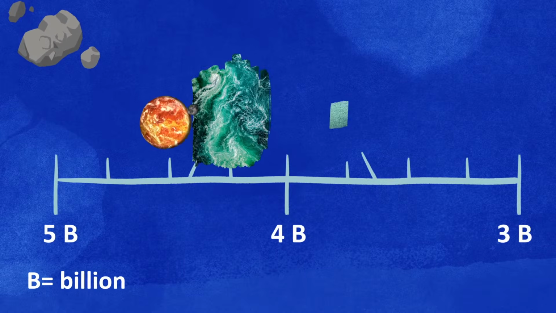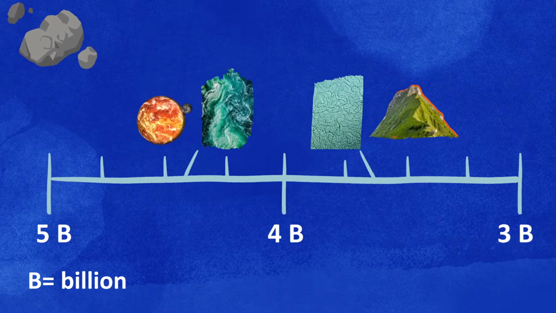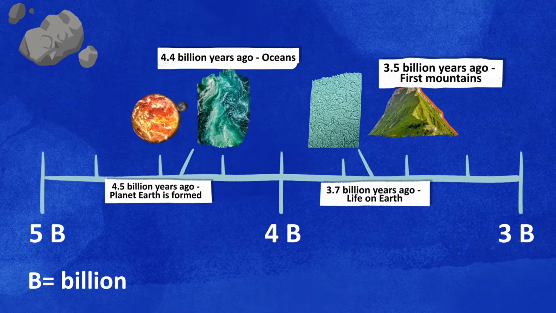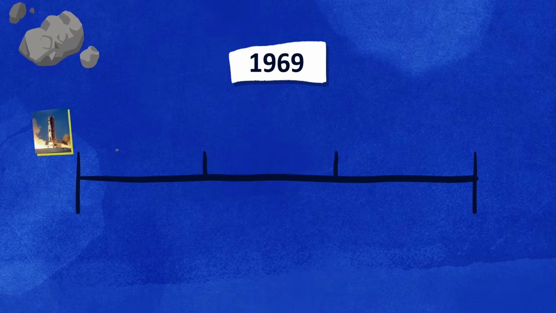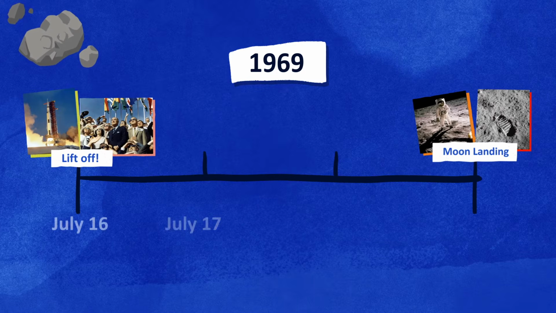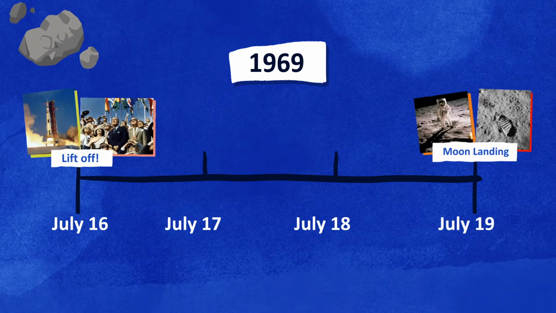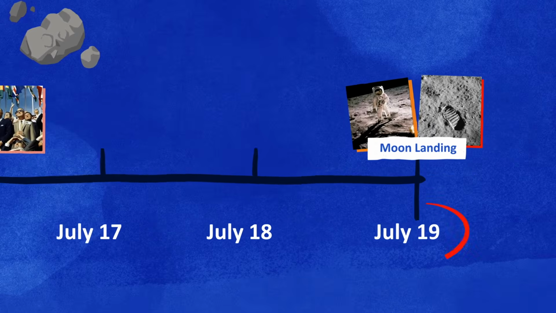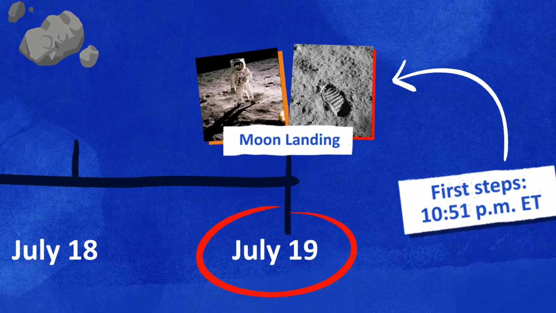Timelines can show us long periods of time, like key moments in the history of the world, or short periods of time, like how long it took for the first astronauts to fly to the moon, a little over 4 days. An event on a timeline matches the date or year that it happened, and titles and descriptions can give